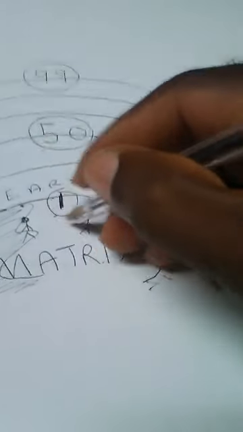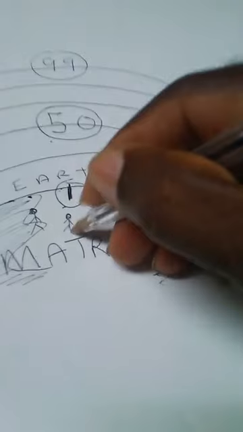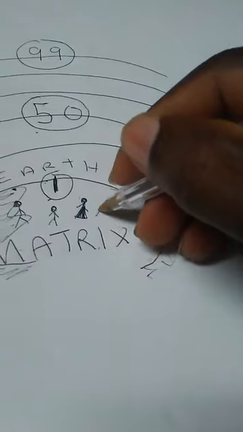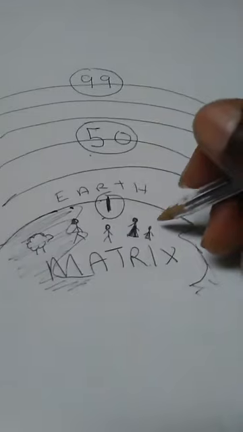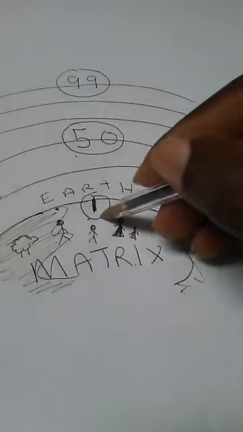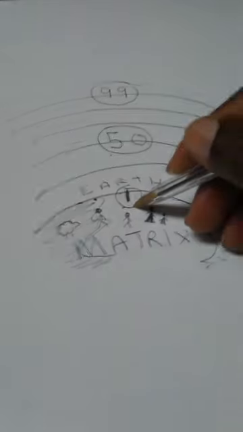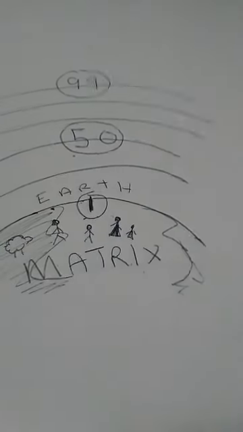Man, woman, boys, you know what I'm saying? Let me put a dress on her. Man, woman, boys, and little girls, as well as the animals. You know, this is the matrix, which is Earth. This is the matrix. This is the lowest dimension to be placed upon. So it's not a good thing to be in this dimension because it's the lowest.